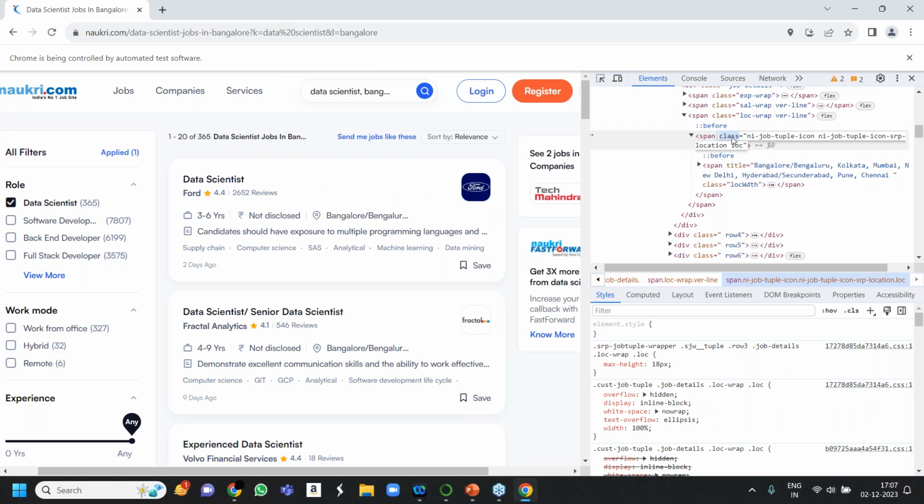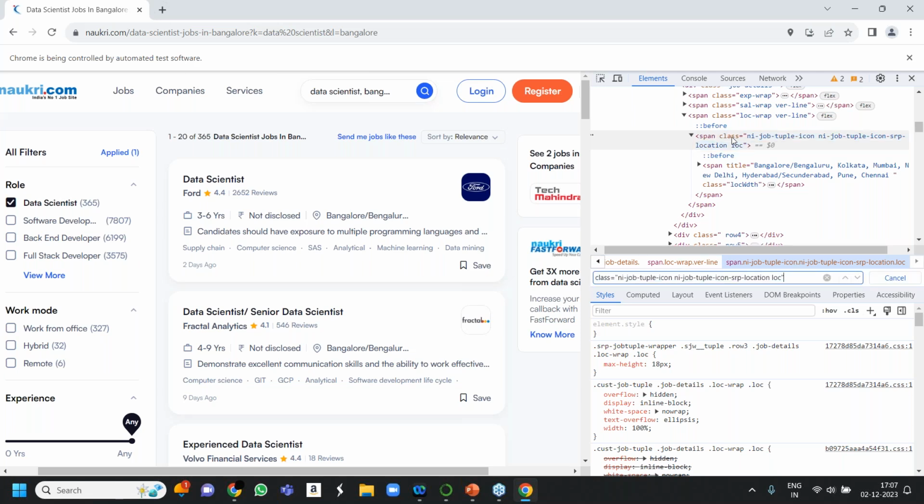Or even if it is giving results, then no need to jump. Sometimes the super parent gives the exact same results. That's why I told you always check in the filter box. Don't just directly copy paste and write it in the notebook. First verify that path here, how many results it is giving. So Ctrl A, C, F, B, tag name is span.